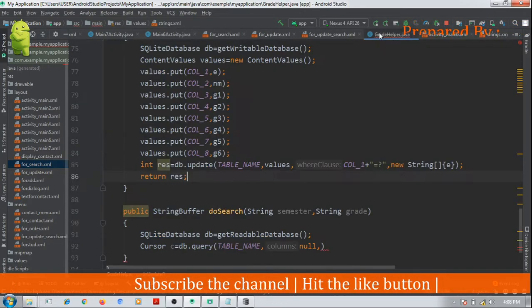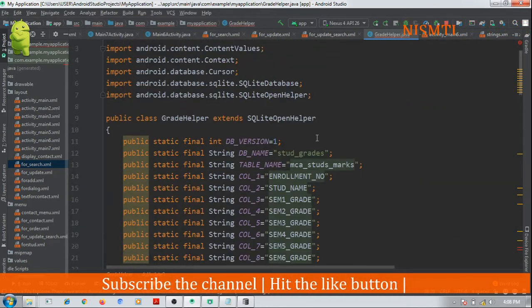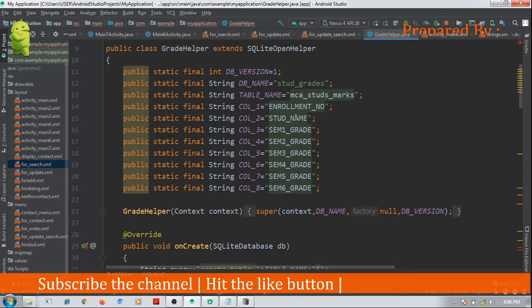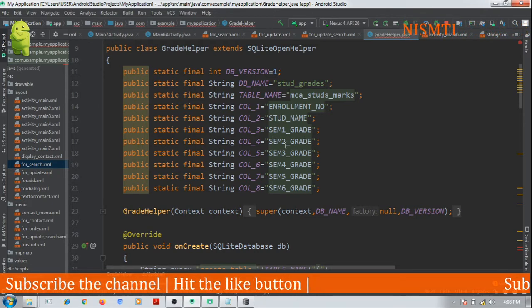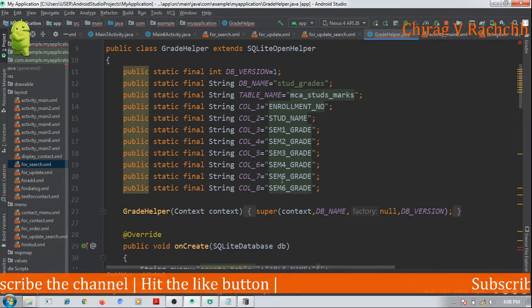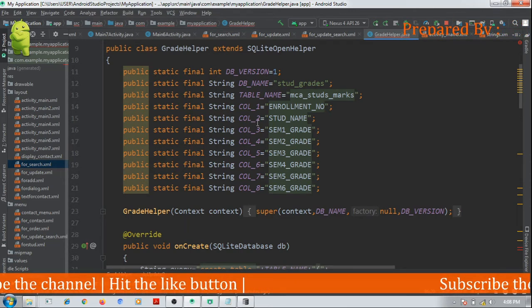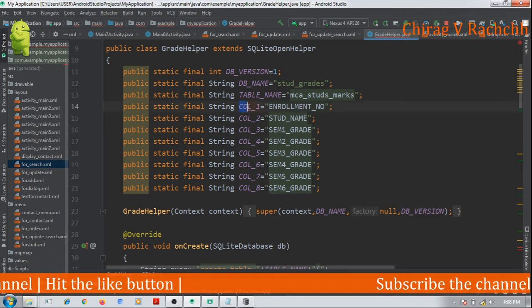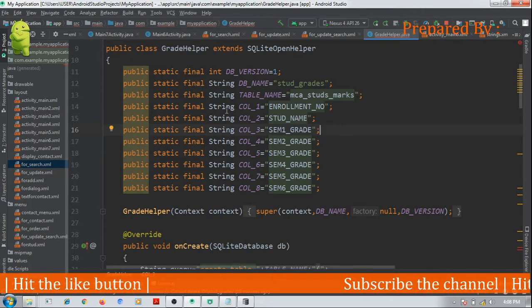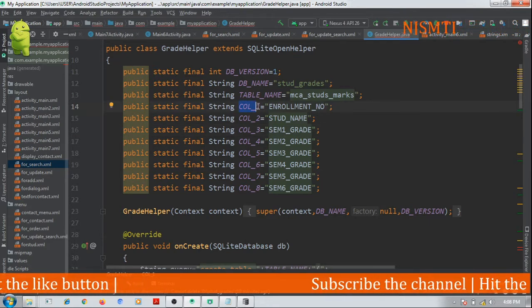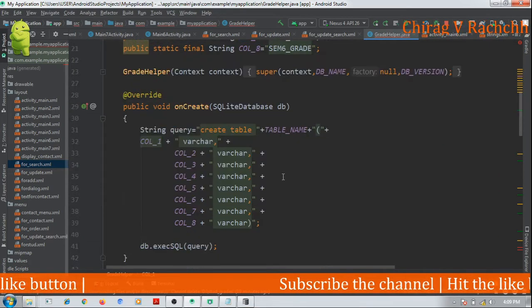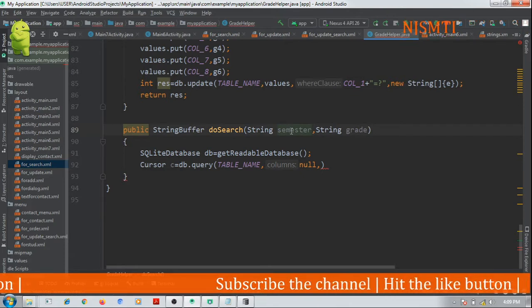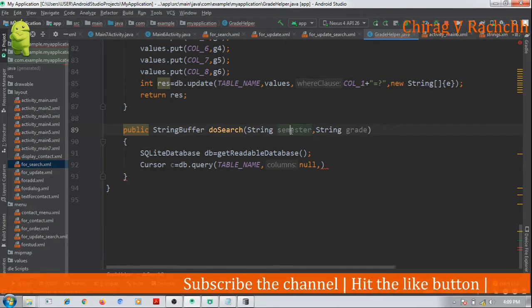So in our helper, if you remember, we have named the columns as stud, sem 1 grade, sem 2 grade, sem 3 grade, sem 4 grade, sem 5 grade, sem 6 grade. Okay, so we should do one thing here. The names of the variables may be changed. Here, the semester, which is semester 1 2 3 4 5 or 6.